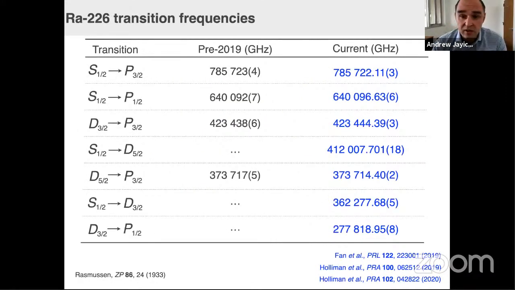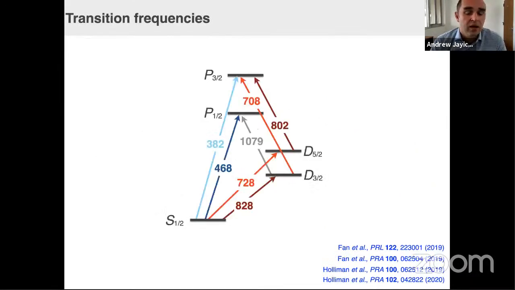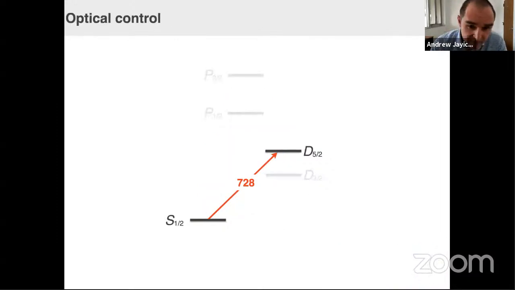We also measured a bunch of frequencies and drove a bunch of transitions. So for example, this is the clock transition. We measured these frequencies with these vapor cells to the tens of megahertz precision that makes an atomic physicist comfortable. This is just a summary of the low-level energy structure that you need to understand to work with this ion that we now understand pretty well.